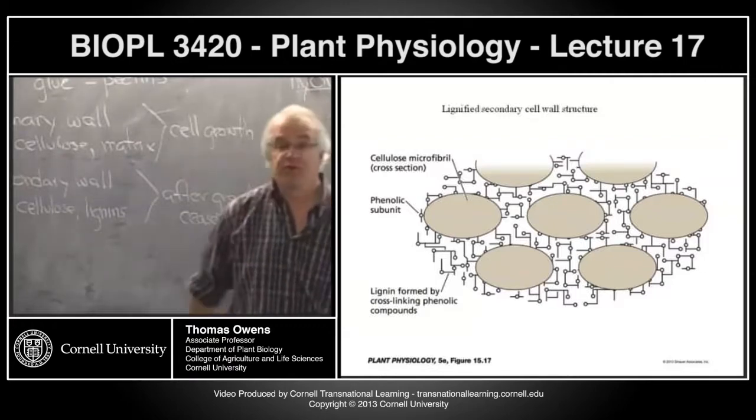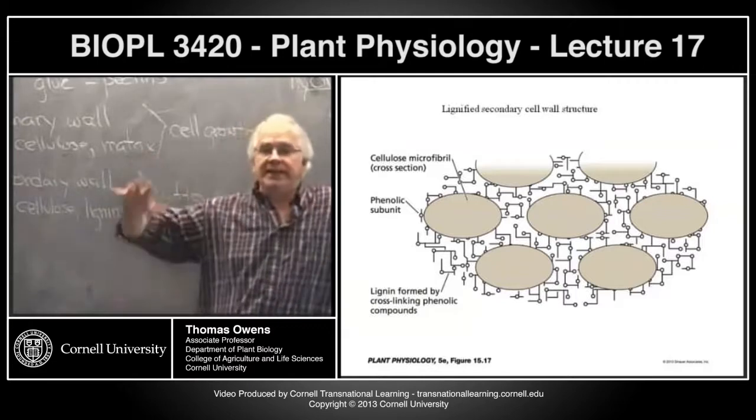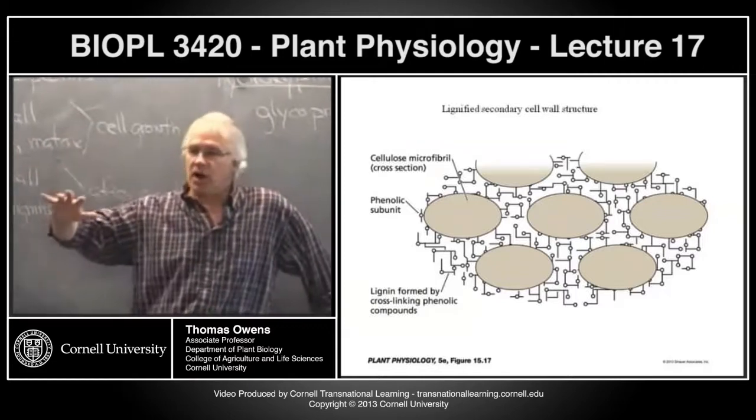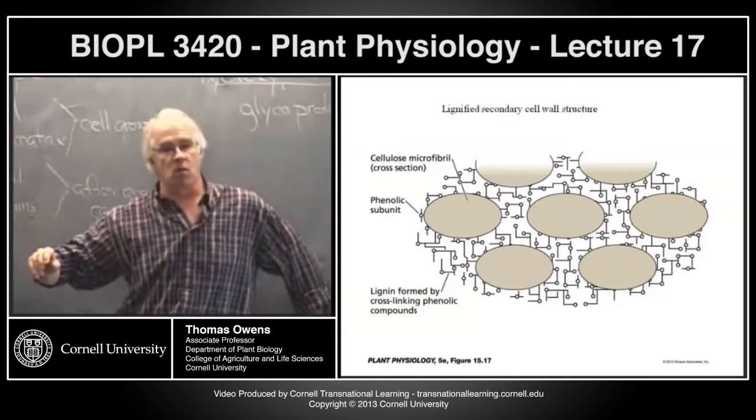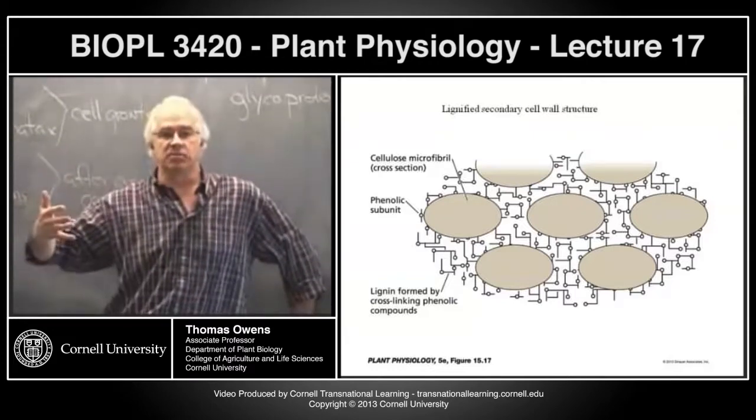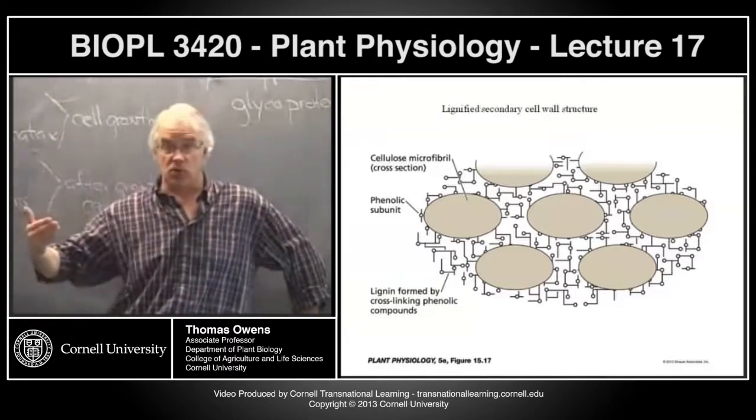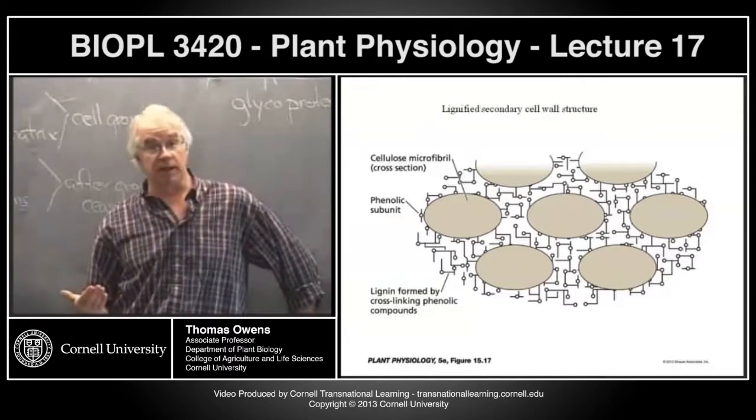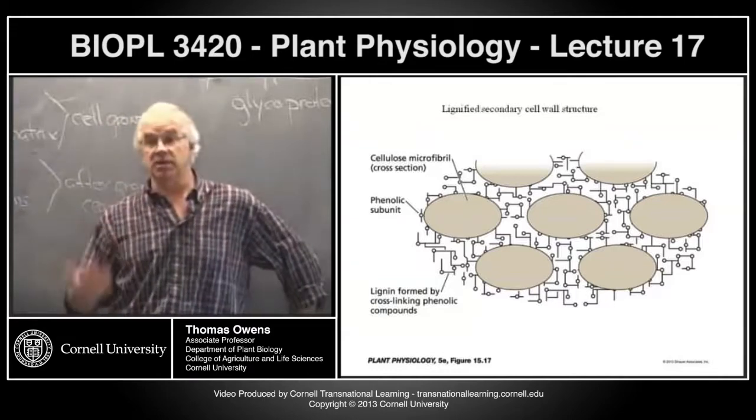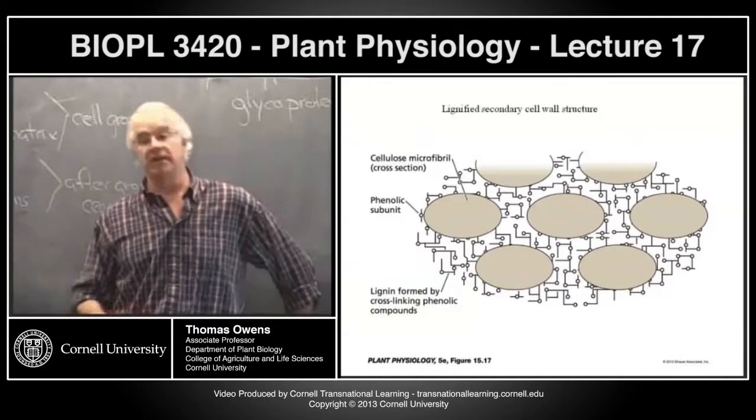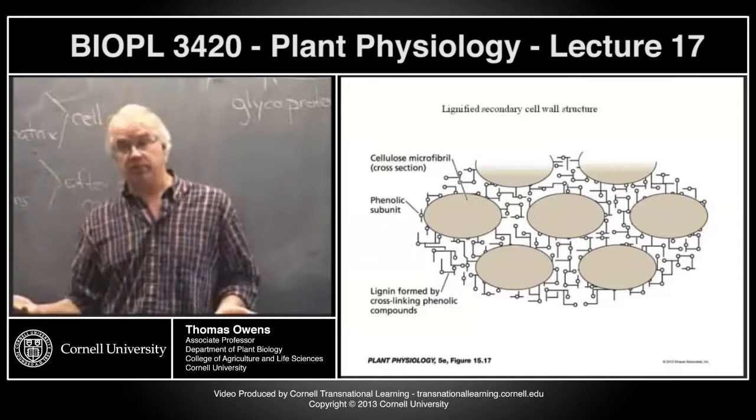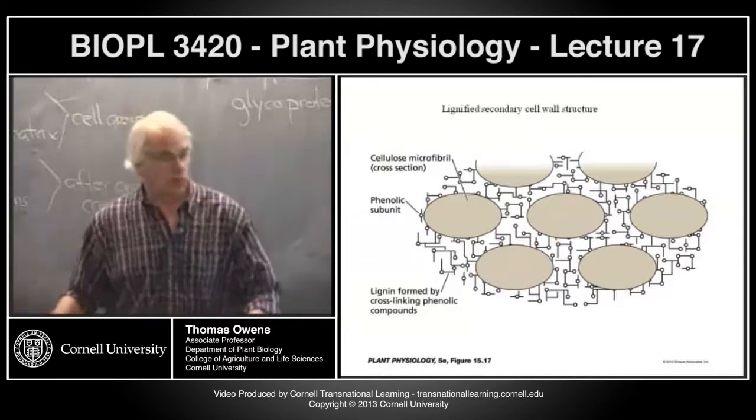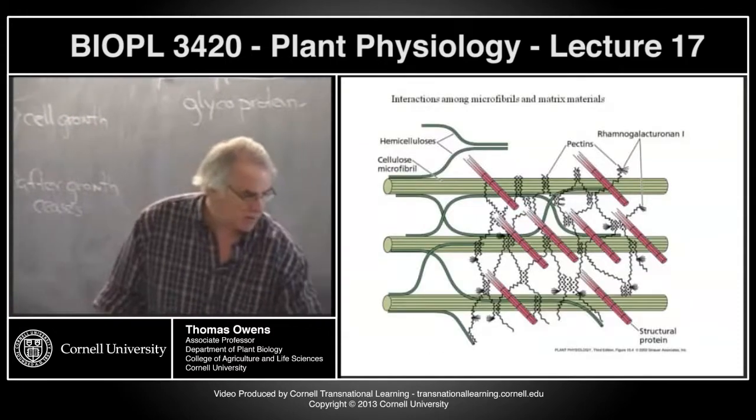Okay, I want to finish up by taking the properties that we've talked about for the primary cell wall and think about how those properties get back to this role that the plant cell walls play in dictating how cells grow, how cells enlarge, how cells change their shape, right? So everything we've talked about so far